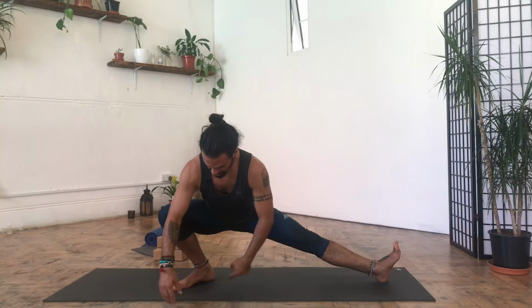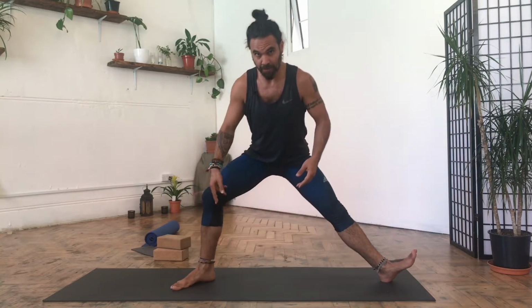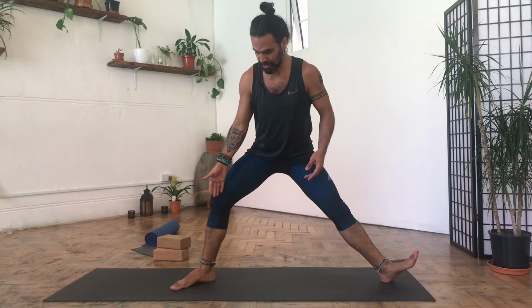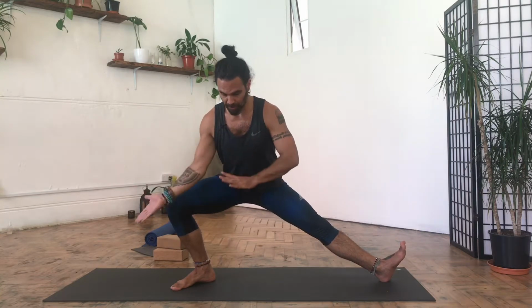Sit up as straight as possible. If your heel lifts off the floor, it's okay. I would, however, recommend, if you want to develop the flexibility of that heel, of that ankle, to go as low as you can. Don't worry about going all the way down. So we go from one side